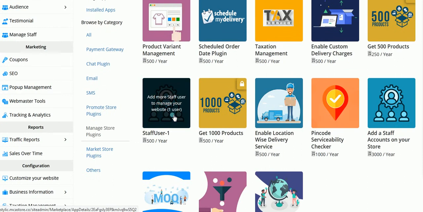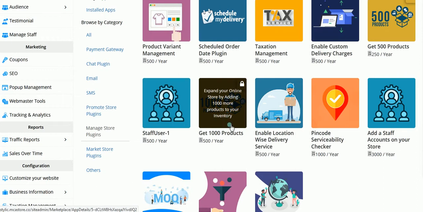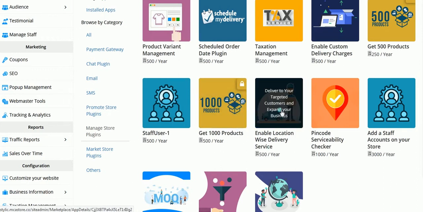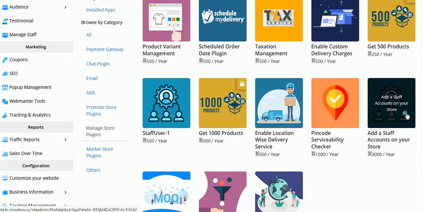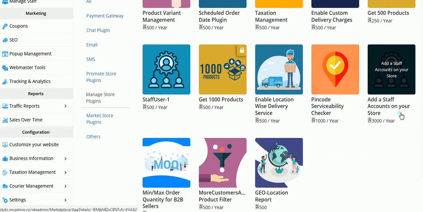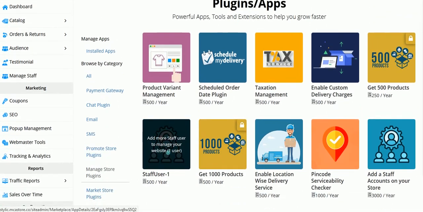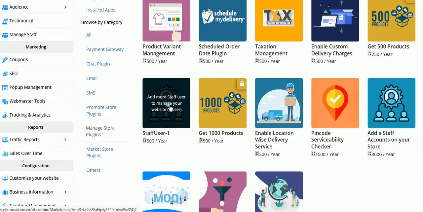Staff user, it is for the manage staff feature, so you can directly enable it from here. Again, 1000 products can be purchased. Enable location wise delivery service. If you want location wise delivery service, that can be purchased from here. Pin code checker facility, if it is not available for you, you can get it from here. Add an account on your store. Staff account, this is again for manage staff, to enable the feature of manage staff, and this one is to add the user for manage staff.